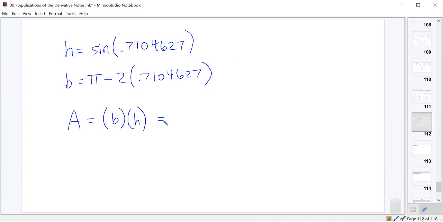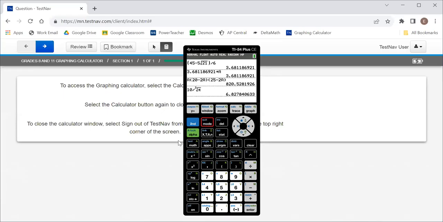So let's switch over to the graphing calculator again. And we'll quit out of that. And the first thing we're looking for is the sine of 0.710462, which gives us that number. And the next thing we're looking for is pi minus 2 times 0.710462, which gives us that number. And the last thing we're looking for is the area itself, which was those two numbers multiplied